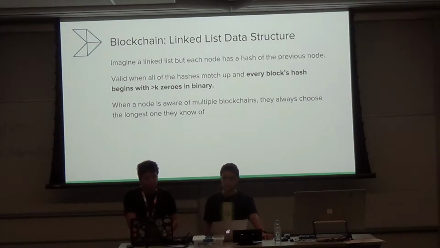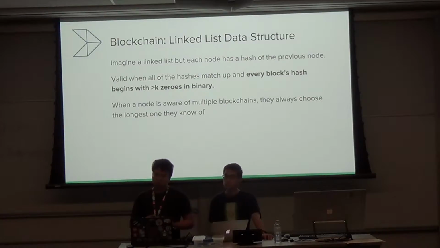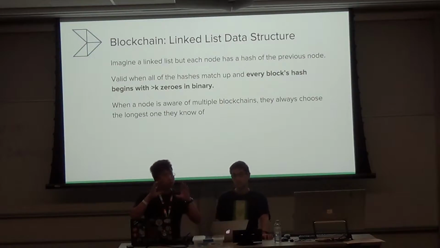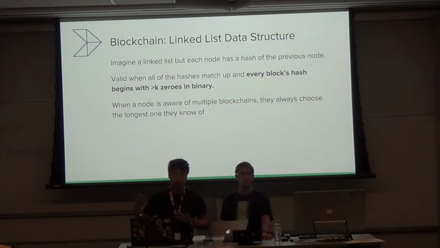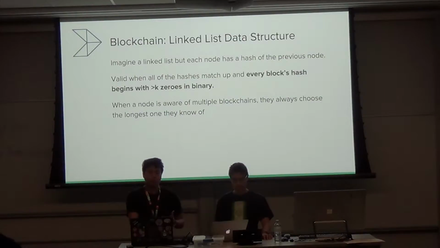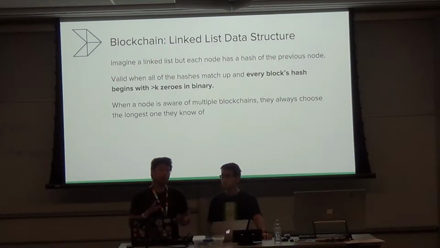So, as I mentioned earlier, an Ethereum block is valid if its fingerprint, the hash, begins with a certain number of zeros. And we modify this block skeleton until it starts with that number of zeros. We keep trying different possible blocks over and over again until it has that many zeros. Let's talk a bit more about how that actually works. Each block, this node in the linked list, has a field called the nonce. And to mine a block, what we do is we keep trying different values of that nonce, like 0, 1, 2, 3, 4, 5, 6, 7, and so on into the millions and millions or billions, until the resulting hash has that property, like the hash of the whole block ends up having that many zeros.